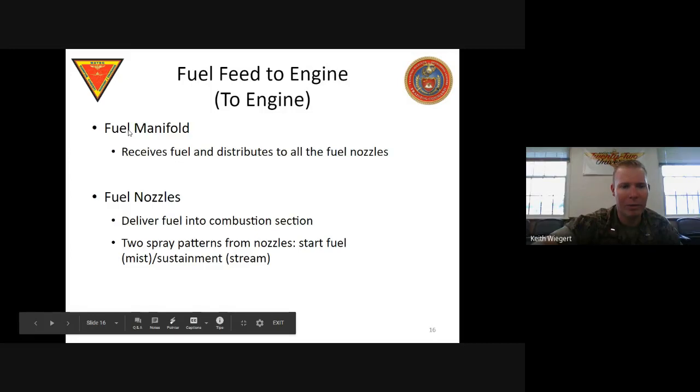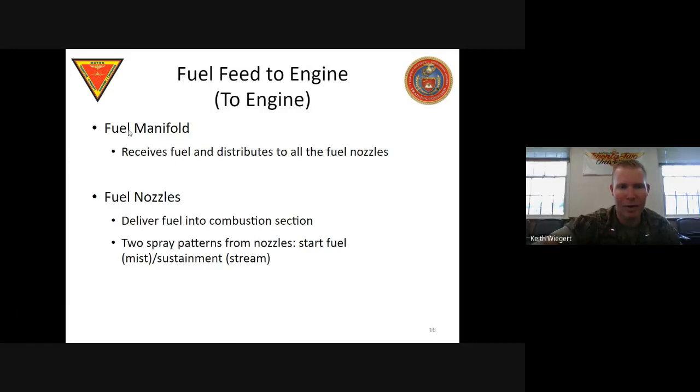So now the next thing we're going to is the fuel manifold, right? The fuel manifold is what's going to be sending the fuel into the actual combustion section of the engine itself. So it's where we collect and receive our fuel, and then it distributes it to all the different fuel nozzles going into the combustion section, right? The fuel nozzles are what spray it in there, like fuel injectors for the aircraft. There are 21 different nozzles in the aircraft, right? So 21 fuel